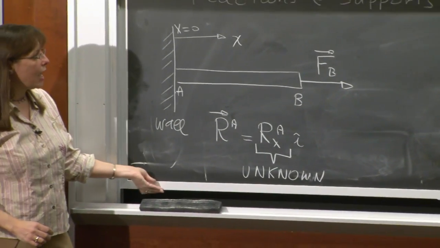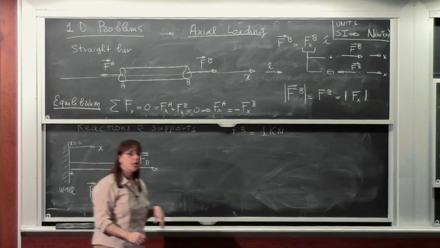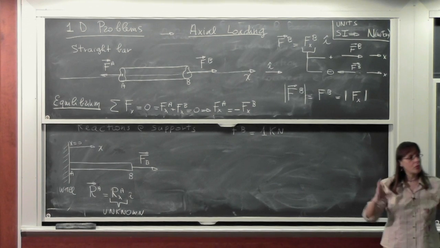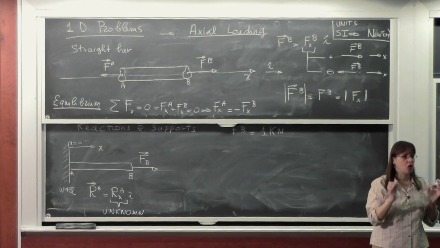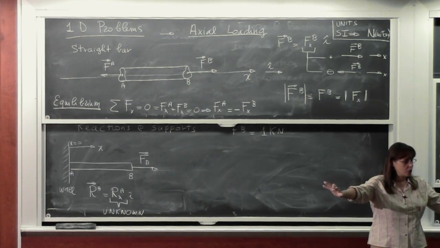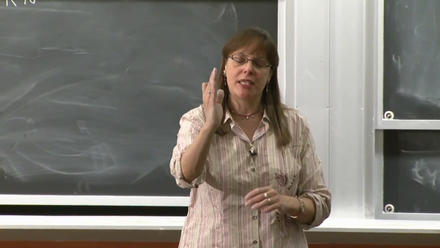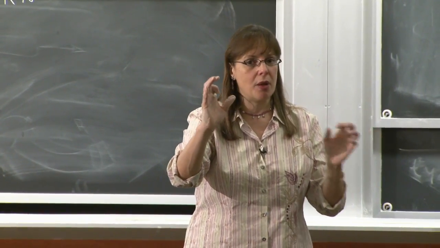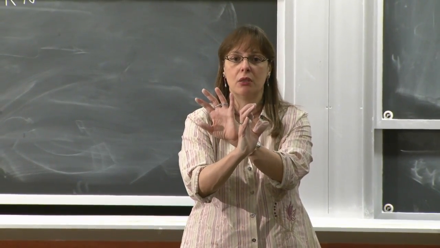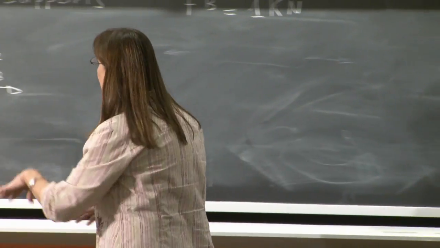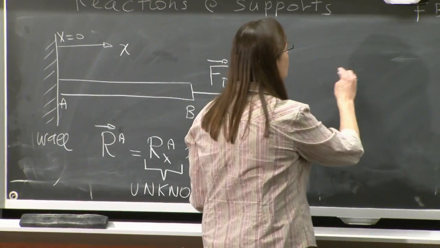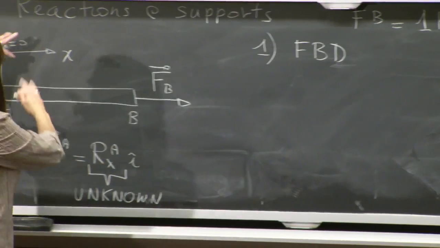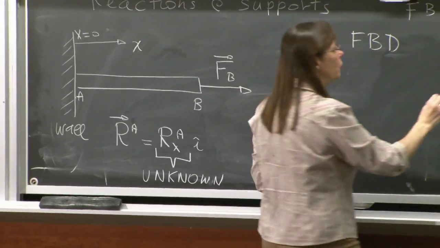The way we find unknown forces in 201 is we do a free body diagram. When you do a free body diagram, you free the part of the structure that you are interested in from the rest of the structure. You expose what was happening at the point where you cut the structure away, and you put that part of the structure in equilibrium, and by doing that, you figure out what your unknown was, okay? So we want to figure out what happens at the wall. The first thing that we do is a free body diagram where we totally get rid of the wall, and we are left with just a bar,